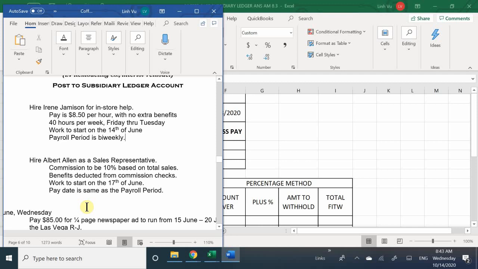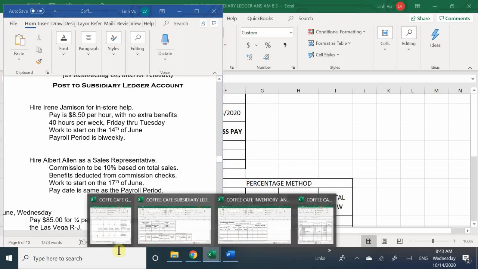So with that being said, if we don't have any benefits for Irene, then we're not going to have any benefits for Mr. Albert. And here he's getting 10% profits from every sale that he has made. And he's going to start on the 17th of June. So with that being said, we're going to go back to our